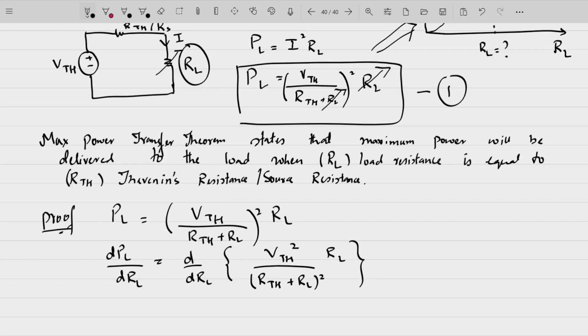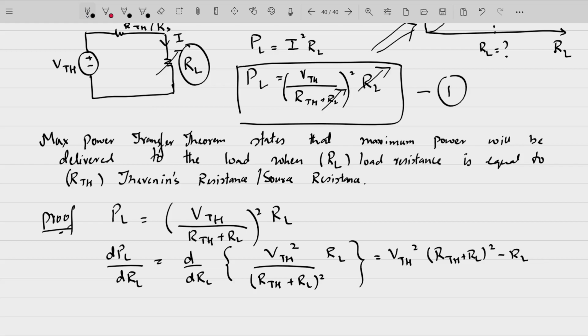Fine. So the differentiation of this will be, VTH square here is constant. So this is RL divided by RTH plus RL square. Differentiation of u by v. So this will be RTH plus RL square, into d by dRL of RL, which is 1, minus RL,